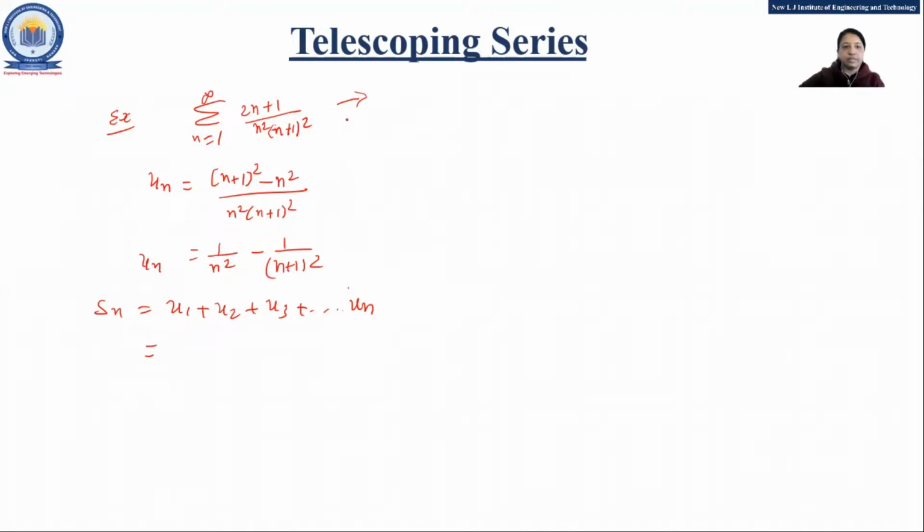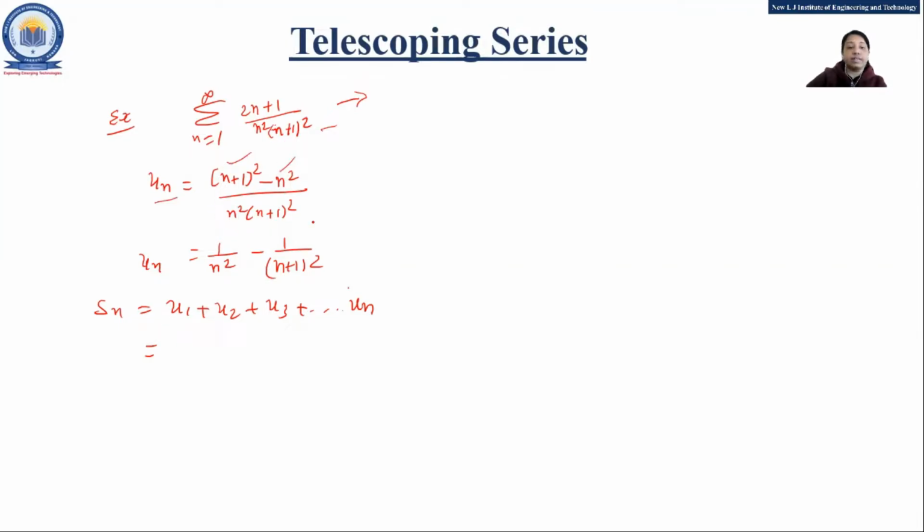So for that, first this is the nth term, so we will write it as un equal to this. Now we need to separate it. For that, we'll write the numerator 2n plus 1 by doing some operation, either plus or minus, and try to arrange it into n plus 1 square minus n square. Both terms are in the numerator and the denominator also, so we'll arrange it in that way.